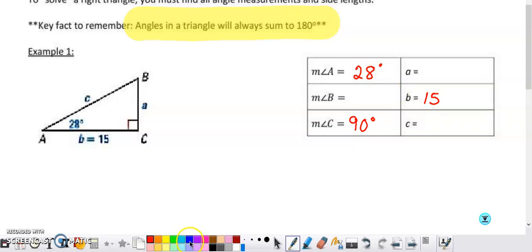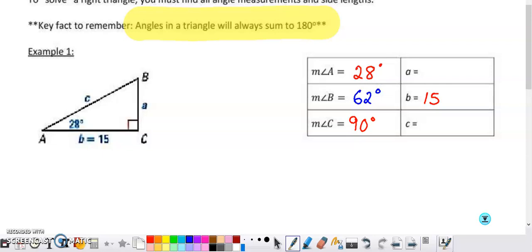The easiest thing for us to do in this case is to find the missing angle B first, just by subtracting. All right, so you can think about it as A, B, and C. Those angles have to all add up to 180, or you can think A and B, both of the acute angles, just have to add up to 90. So that would leave us with a difference of, not 68, 62